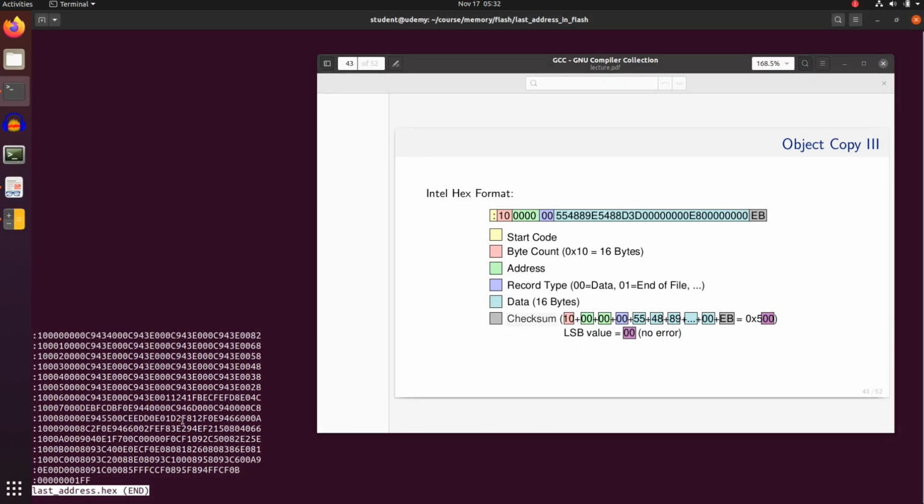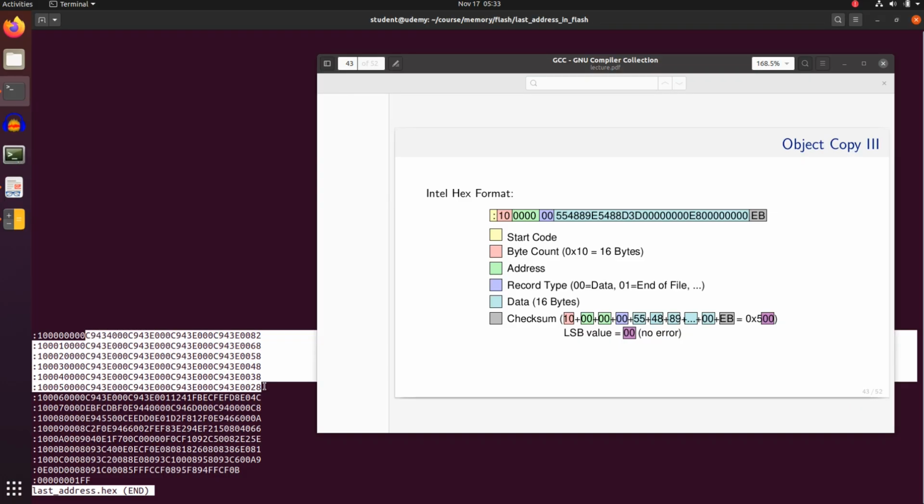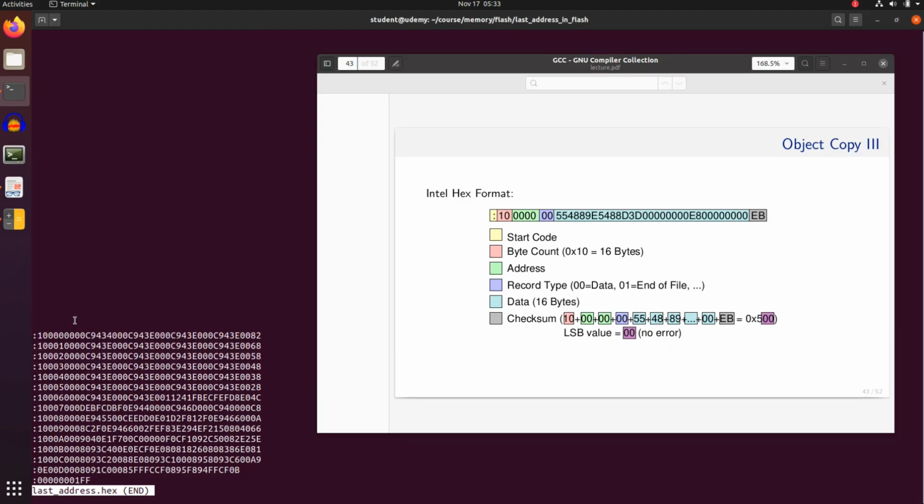If you look at our program, we see first some regular structures. This is the amount of data in this line, and this is the address. We see here that it is always like C9434000, C943E, and so on. This is our interrupt vector table, which is located at the beginning of the program. And this address always increments by 16 in hexadecimal format. The last address is this one,